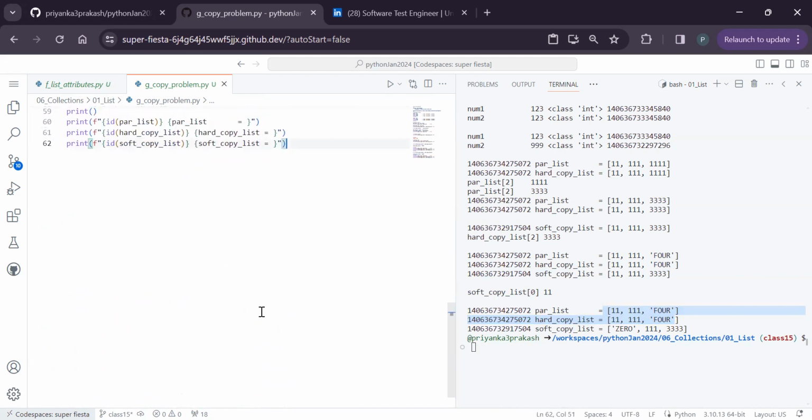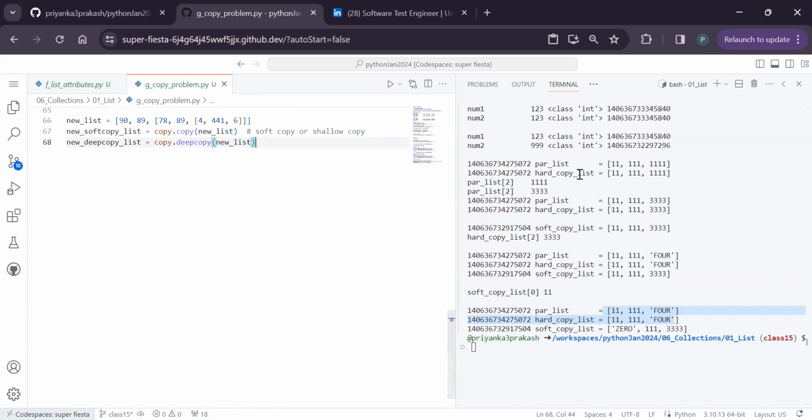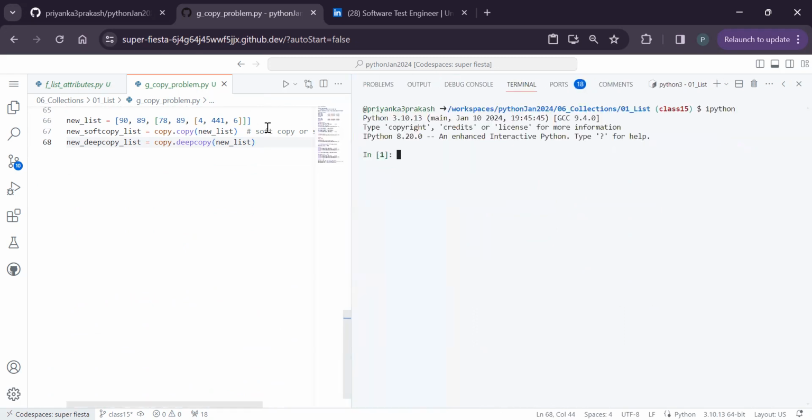So deep copy, I will tell you. Say I have a list. Till now I have a small list which is a single dimension. But what if I have a multiple dimension list? Let me show this in an interactive mode for you to better understand. If I take a list like this,